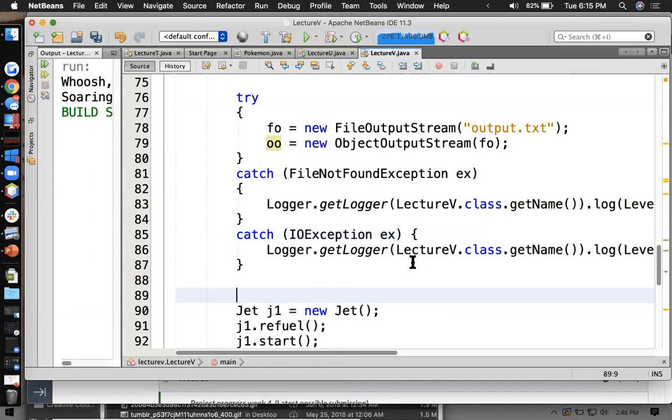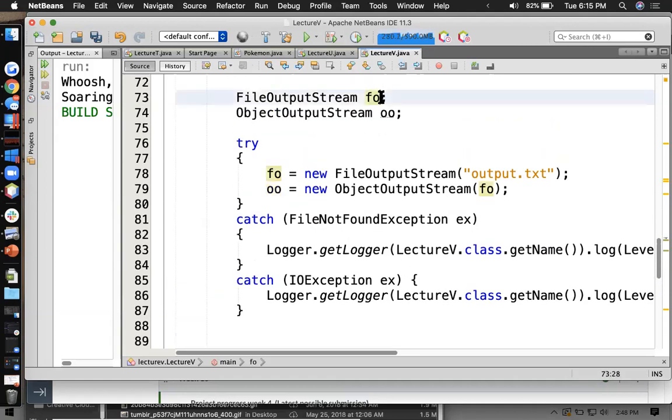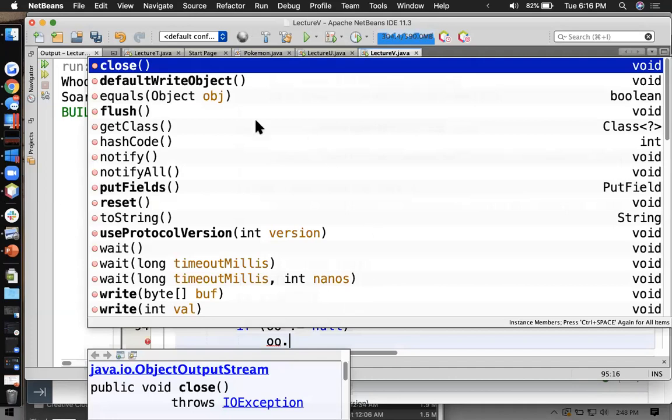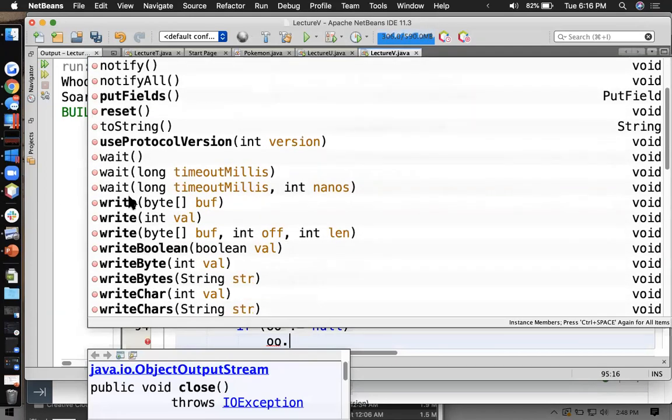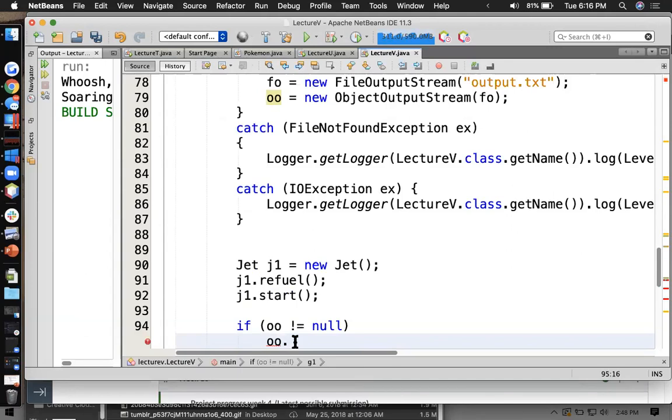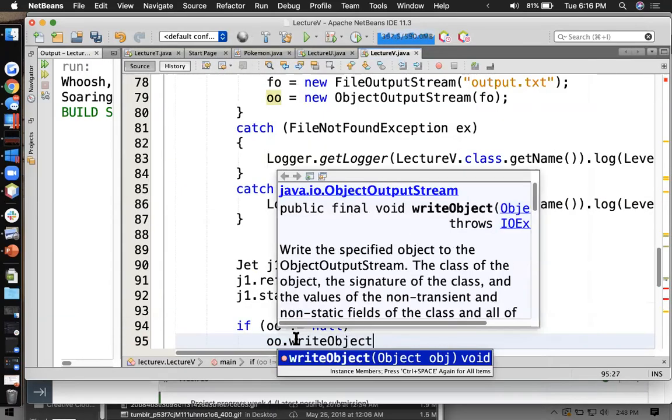All right. So I'm going to set these to null up here so that I can check to see whether they are null or not. So if we get down here and the object output stream is not null, then I can write my jet to the file. So if not equal to null, dot, and it has a whole bunch of write methods. You could just write individual things like ints and bools, or you could write the entire object, writeObject. And we're going to take our jet,